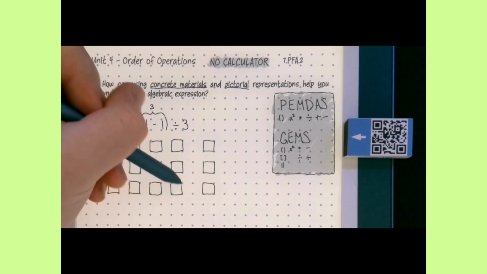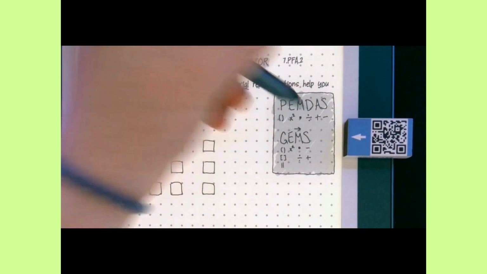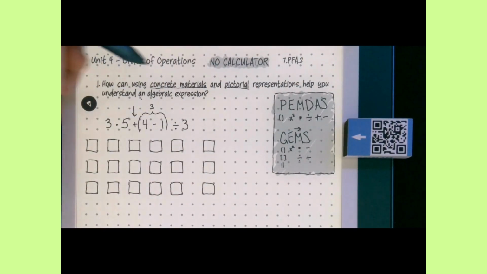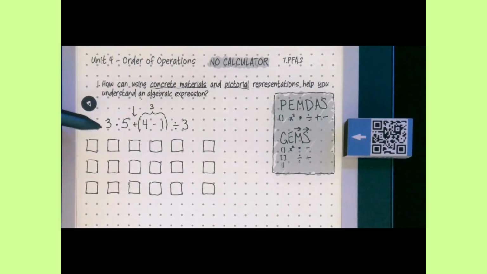And remember that when you're in your multiplication and division step, you just go from left to right. And then once we get to our addition subtraction step, we're just going to go from left to right. So that's why I did my 3 times 5 first. So I had 3 blocks, and I made 1, 2, 3, 4, 5 of them for a total of 15